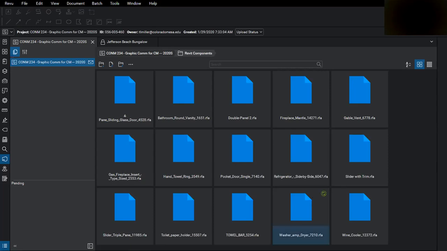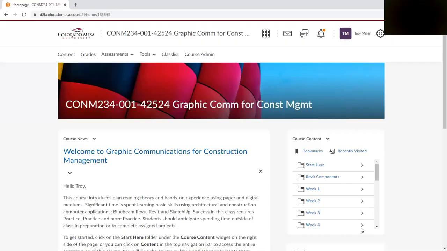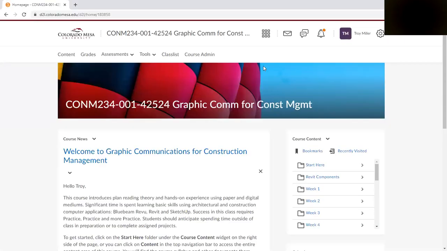Now I'm going to come back to that in just a second, because if you don't have access to Bluebeam Studio, I've also, in D2L, under this course, created a folder that's called Revit Components. And if you enter into that folder,